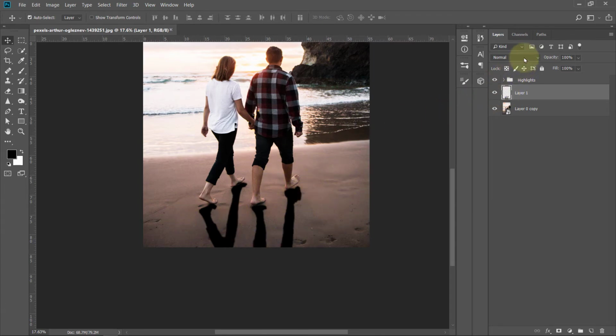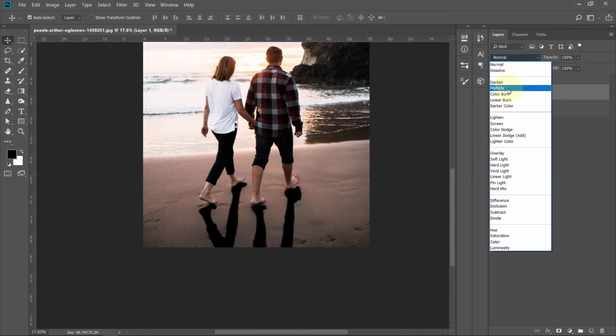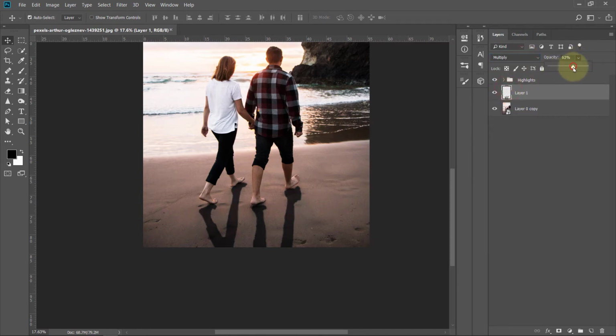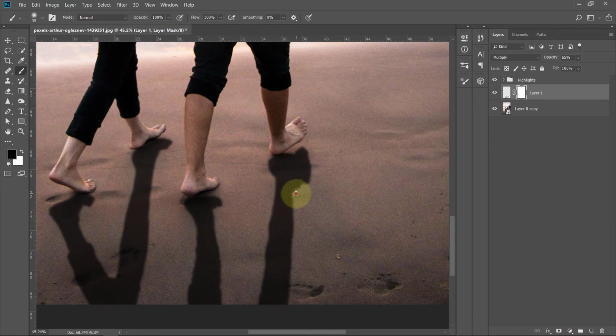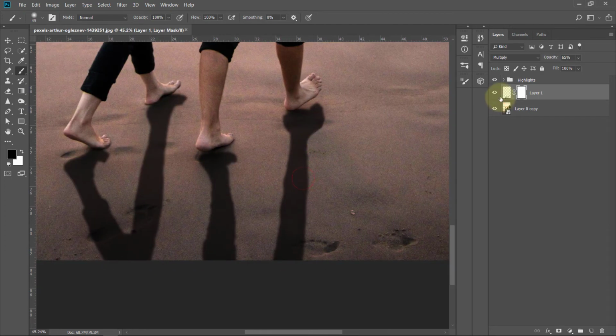What you have to do is go to the blending mode, choose multiply blending mode, and reduce a little bit of its opacity, around 60 to 70%. Now I will create a layer mask on this, and with the help of the brush tool I will adjust some issues with this shadow. As you can see, this foot is looking a lot bigger than the original, and I will also paint a little bit more black color here. As you can see, it is not looking perfect.